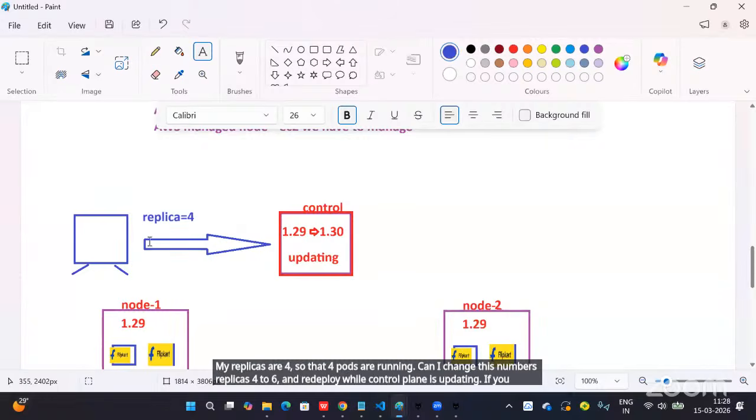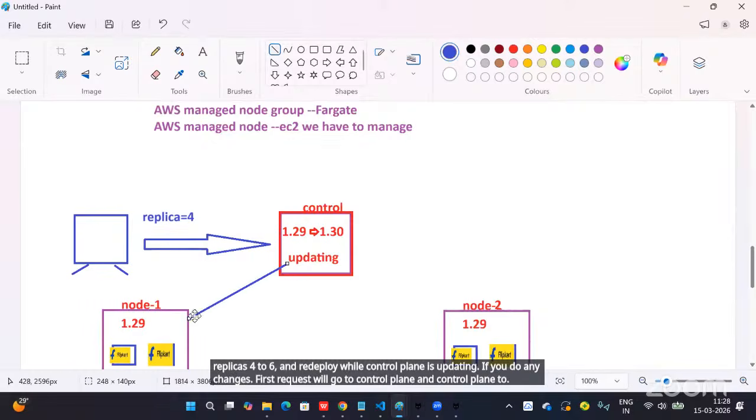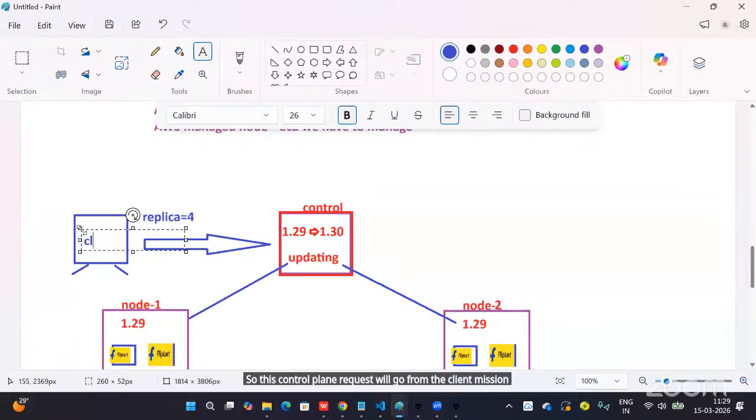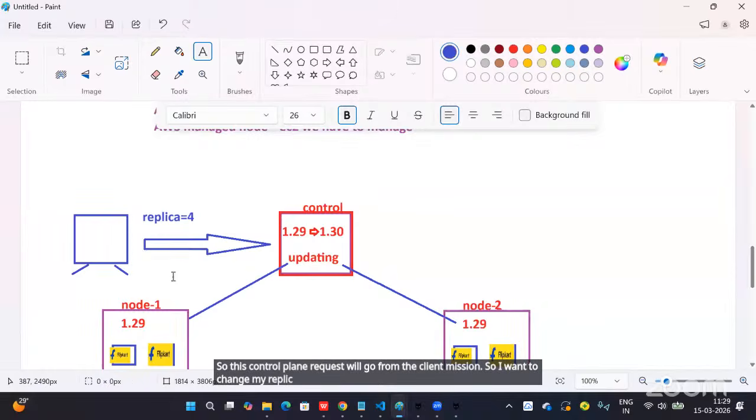If you make any changes, the request first goes to the control plane and then from the control plane to the worker node. This is how the request will go, from the client machine to the control plane. So I want to change my replicas from 4 to 5. Is it good to give instructions to the control plane while the control node is in updating mode?